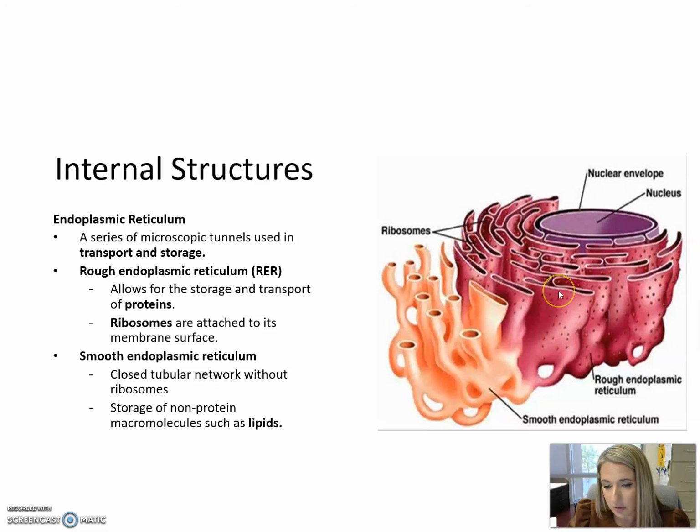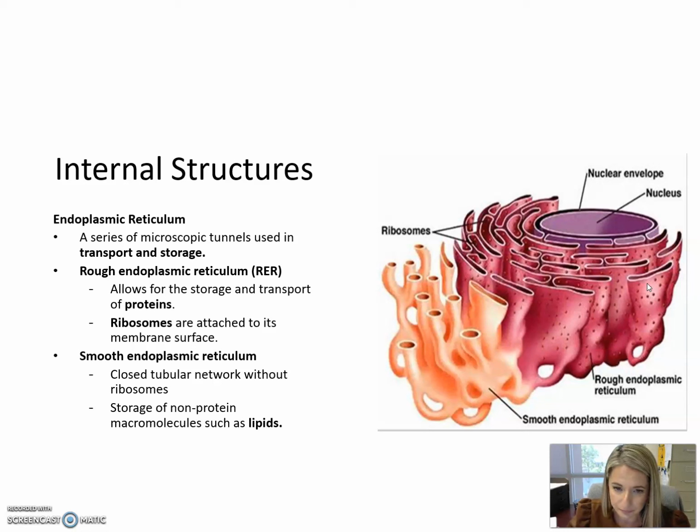That makes the rough endoplasmic reticulum indirectly associated with the storage and transport of proteins. Typically, proteins are produced on the ribosomes that are attached to the rough ER. Those proteins are then stored in the rough endoplasmic reticulum and then eventually transported out of it